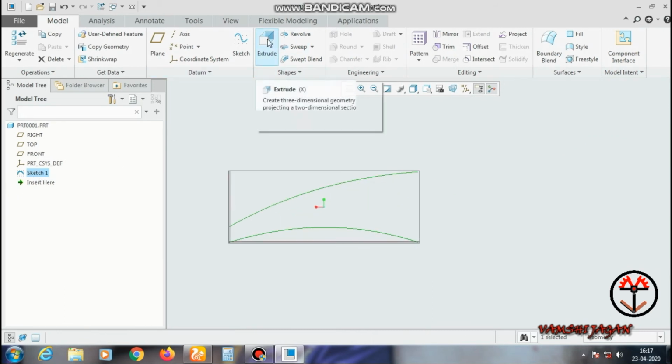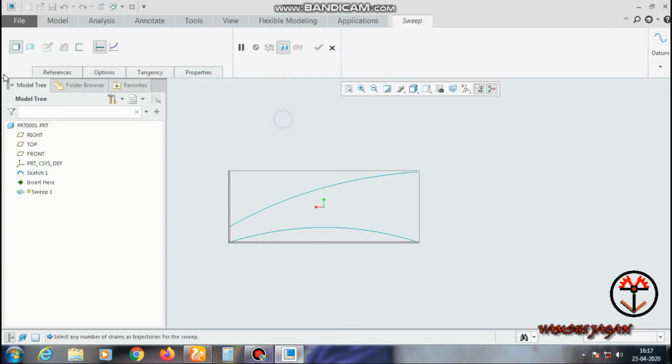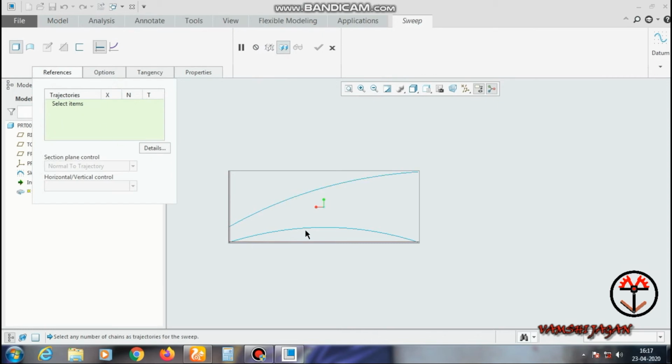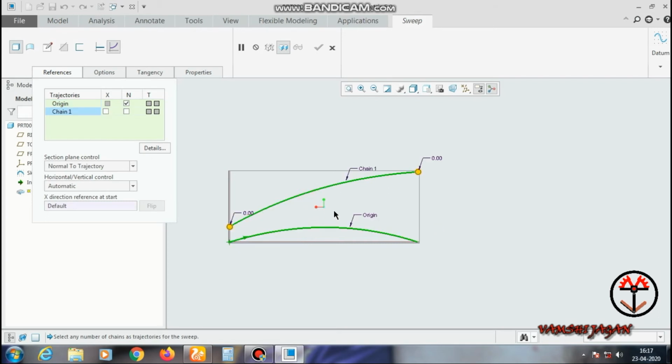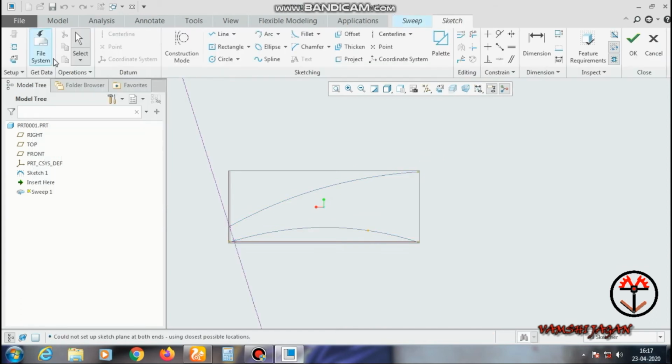To select, click on sweep. After clicking, you want to select one. After that, hold Ctrl and select the second. So the bottom one is path 1 and the top selection is path 2.